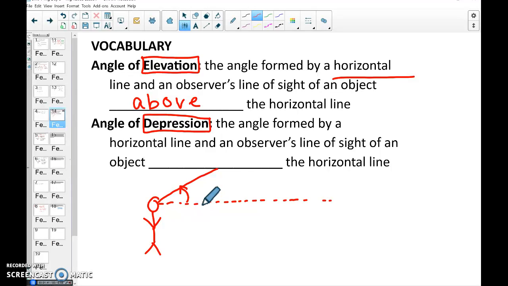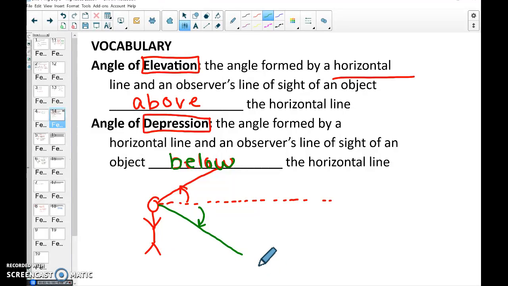Depression, think of if someone's depressed, they're really down, really upset. If there's a depression in the ground, it's some distance into the ground. So angle of depression is the angle formed between the horizontal line and the viewer's line of sight below. Put that in a different color now. Below. So same idea, this horizontal line, but maybe I'm looking at an ant on the ground,